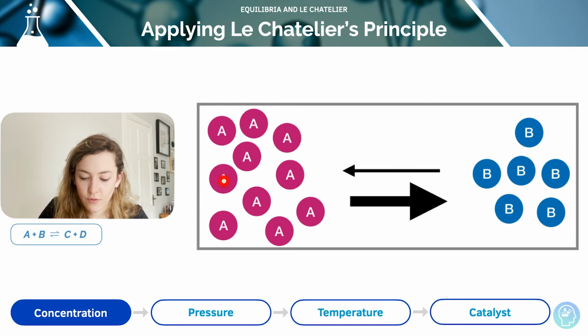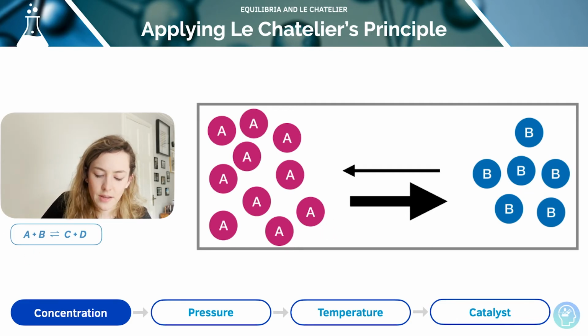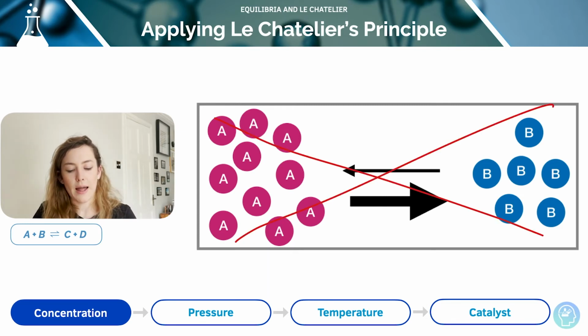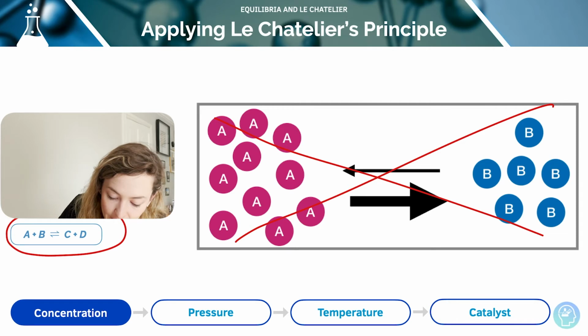I've got 1, 2, 3, 4, 5, 6, 7, 8, 9, 10. And I've got A plus B reacting together to make C and D. The equilibrium is going to shift to the right and more A is converted to B and vice versa. I mean, it doesn't really fit with this diagram here. So why don't we just think in terms of, if you look at this image down here instead, if I